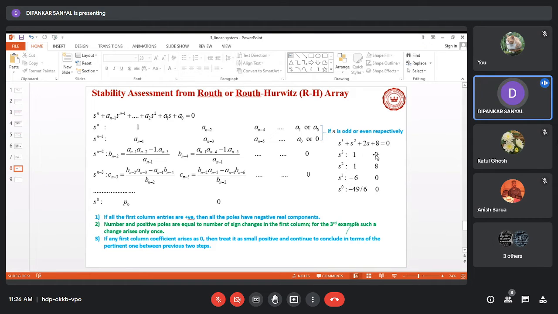Look, 1 into 2 minus 1 into 8, that is minus 6 divided by 1. So it becomes minus 6. And corresponding to this equation, 1 into 0 minus 1 into 0 divided by 1, that gives us a 0. That is what I was trying to say. We clearly see an inward movement of the zeros. Here, had we been interested, we could have put 0 here, but in this line, 0 has moved forward by one column. Now, in the next line,